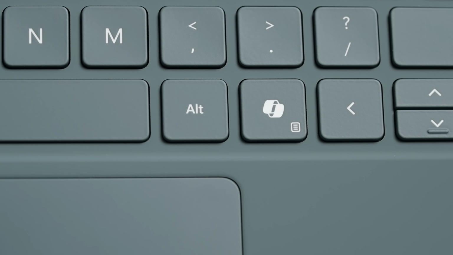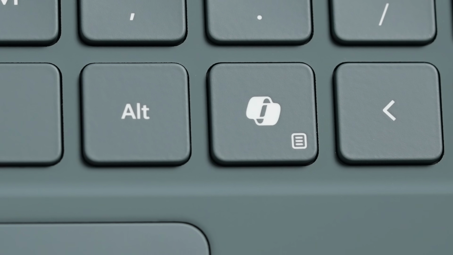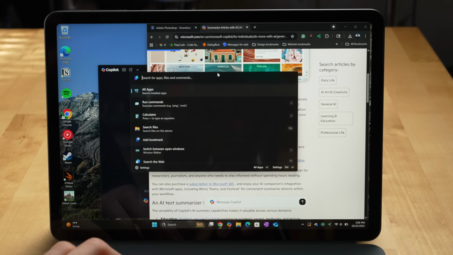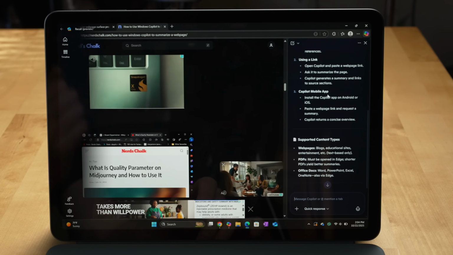Now, another difference between these two comes to AI. Windows and Microsoft seem to be a bit more all-in on AI compared to Apple. They've gone so far as to dedicate a new key on their keyboard for Copilot, Microsoft's ChatGPT-powered chatbot. You can also search with the power of AI, get AI summaries on websites and in apps,